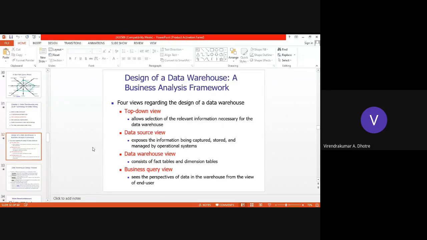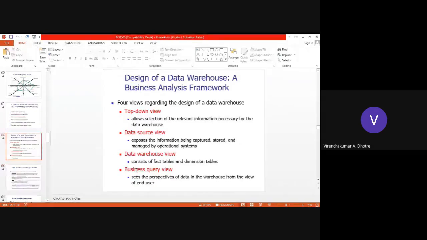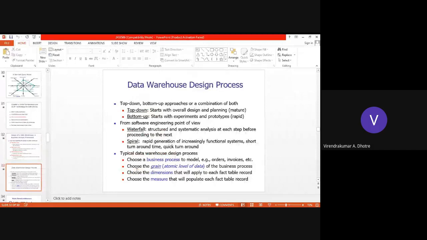So we are thinking about the data warehouse view, which consists of fact tables and dimension tables, right? And next is the business query, what the end user wants. Accordingly, the data warehouse design process is implemented, and in that we choose a business process model, which considers all the different kinds of orders, fulfilling them, manufacturing, invoices, and all that.